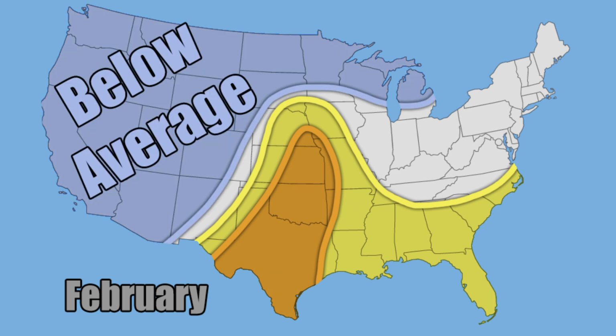So let's start talking about where it's going to be colder than normal, and that includes much of the western United States from the plains westward and then up through the northern plains and into the Great Lakes. That's also where I'm looking at slightly below normal temperatures, or slightly colder than normal temperatures. And again, that includes much of the western United States and then back through into the Great Lakes. This is mainly because we're going to have a trough that's going to be fairly prominent